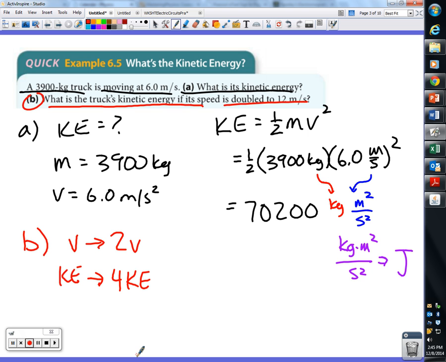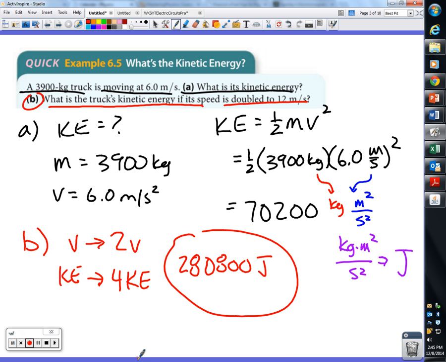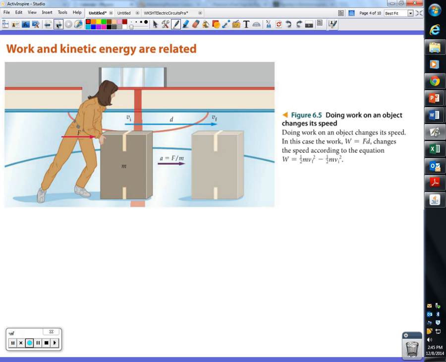So we just multiply our answer from the last problem by 4, and you should get 280,800. And that's going to be joules as well, because that is 4 times our answer from the previous problem. Good there. Questions? Okay. The next section gets into the relationship between work and kinetic energy, which is really an important part